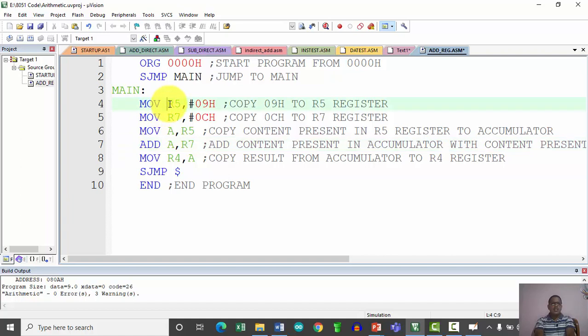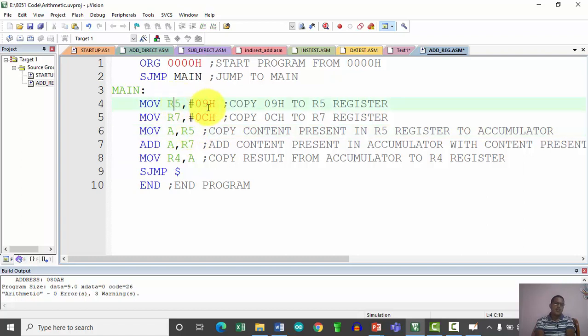We are using two registers, R5 and R7. In register R5, the first 8-bit number 09 we will copy, and the second number, 0C, we are going to copy into this R7 register, right? Then the first number N1, which is present in R5, we copy into the accumulator.